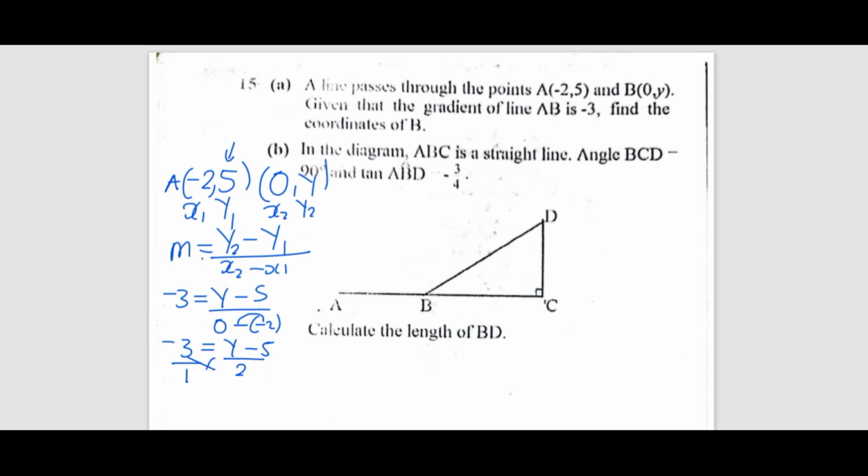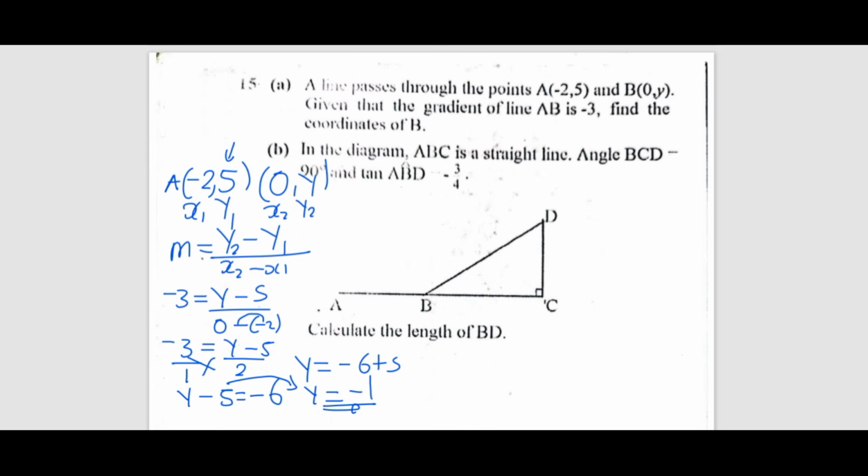So over 1, we can now cross multiply. So 1 times y minus 5 is y minus 5. 2 times -3 will give us -6. Then if we collect the like terms, y is equal to -6. If this number shifts to this side, we get +5. So y is -1. Then for B, in the diagram, ABC is a straight line, angle BCD is 90 degrees,